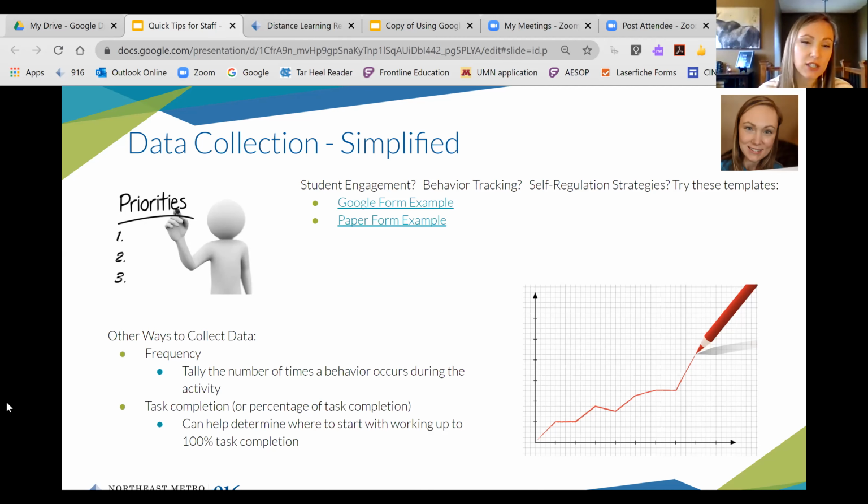What is the information that you really want to be collecting about each particular student? Is it engagement in the online activities? Is it tracking behavior? Is it tracking their use of self-regulation strategies? If it's any of those or just one of those, I did create 2 different examples. One is a Google form example, and if we could just click on that really quick,